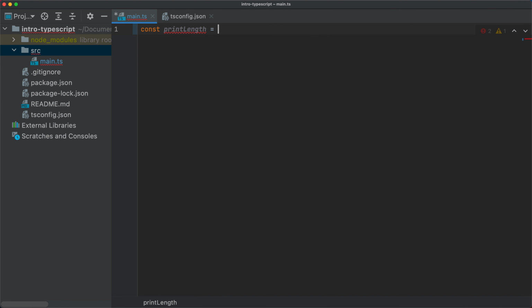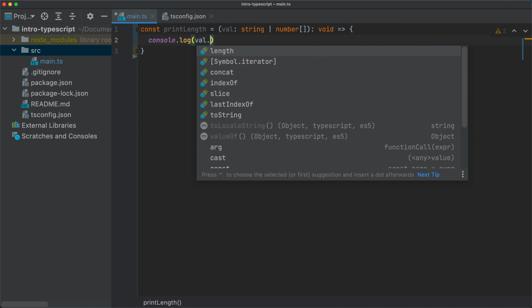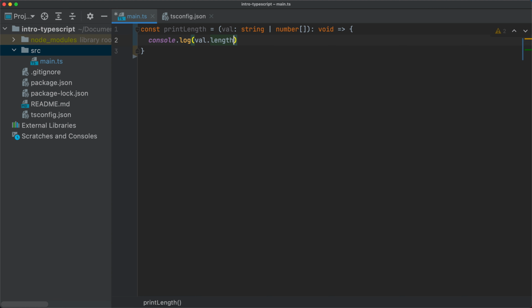And this printLength is going to be a function that receives a certain value, and this value can either be a string or an array of numbers, right? And this is going to return void. So here, that's an arrow function, and then we'll simply say console.log value dot, and as you can see here,